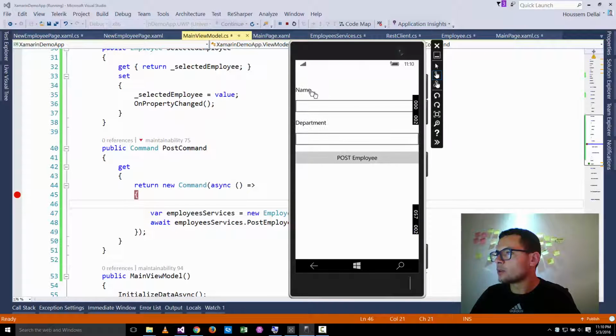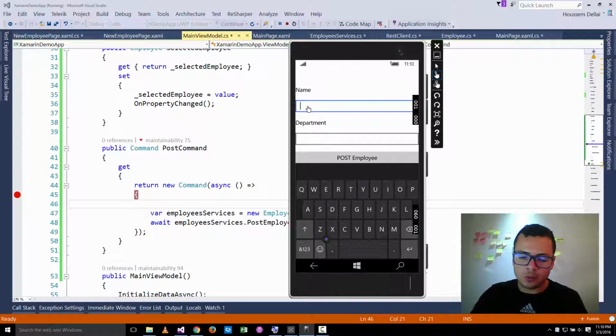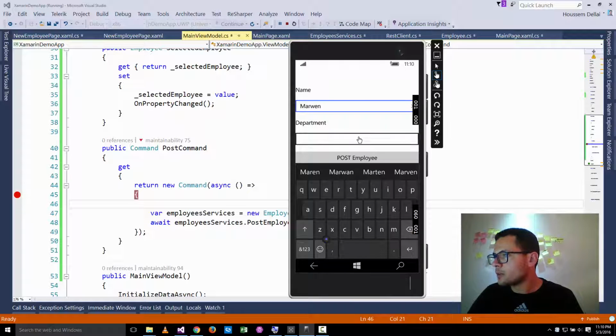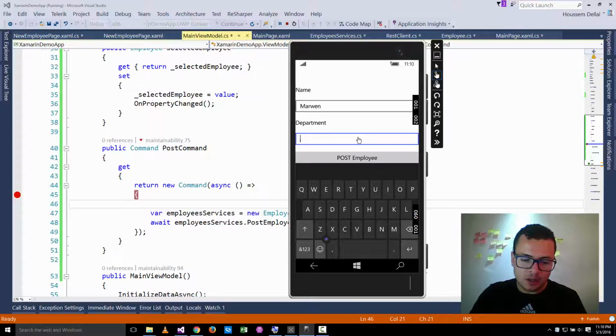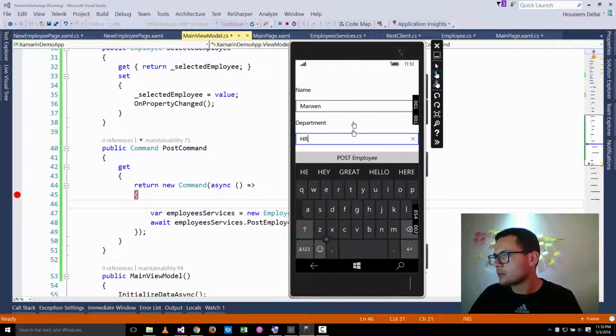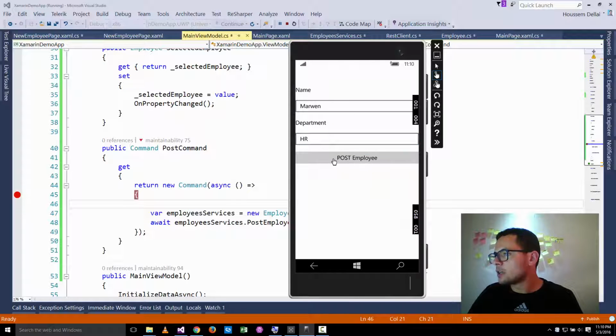I click on that so that I go to the next page, where here I can type the name of the employee. So let's say it's Marwan, for example. The department is HR, and then I go and click the post employee,